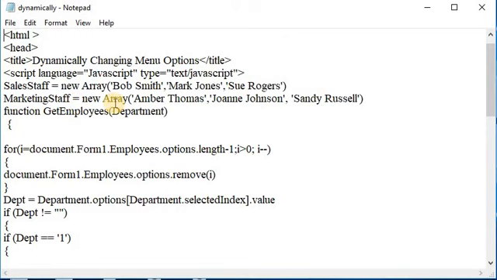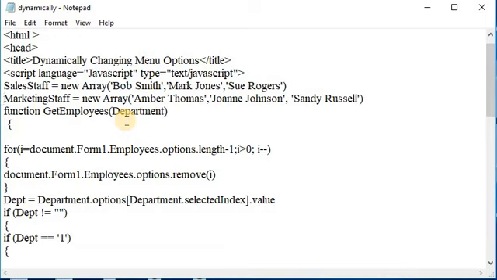Within the get employee function definition, we determine which array to assign to the employee menu by first assigning the value of the selected option to the department variable, that is DEPT.